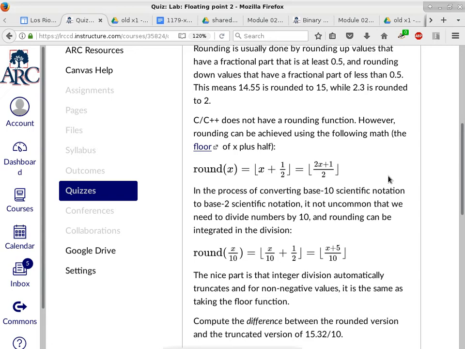And then you can use algebra to figure this out and go, oh, it really is the same thing as x plus 5 and then the whole thing divided by 10, and then we take the floor of that. Remember, x is an integer. So if x is an integer, x plus 5 is also an integer. An integer divided by 10, which is an integer, can use just integer division, which automatically does the truncation, or the floor. So that means now we have a way to do the rounding, but without using any double or